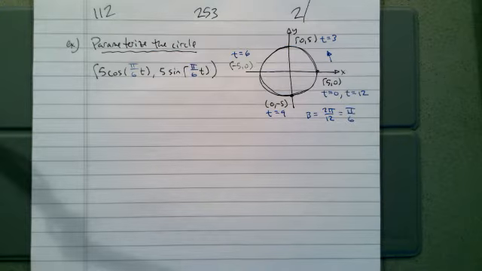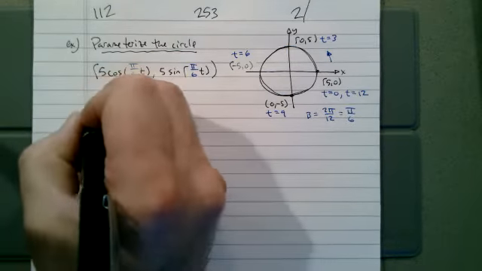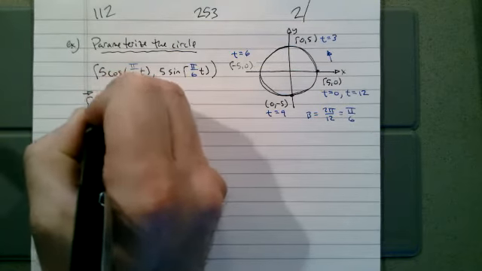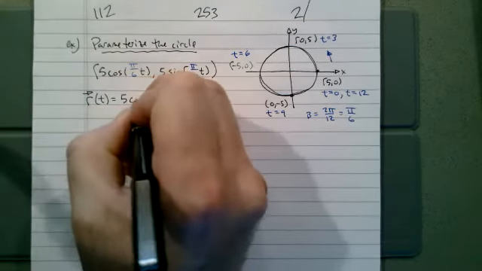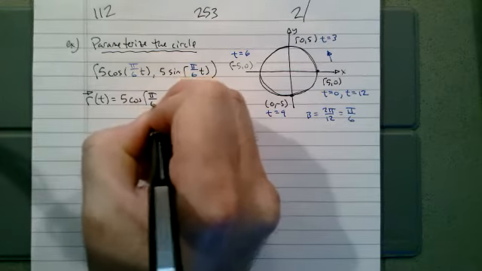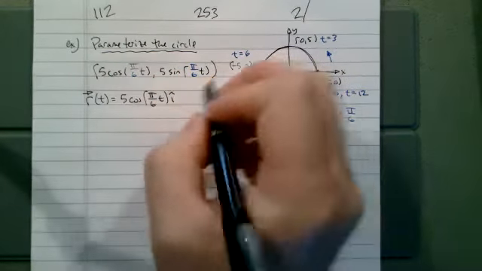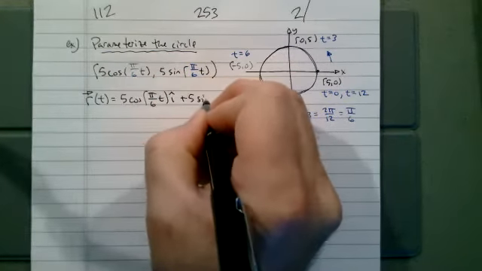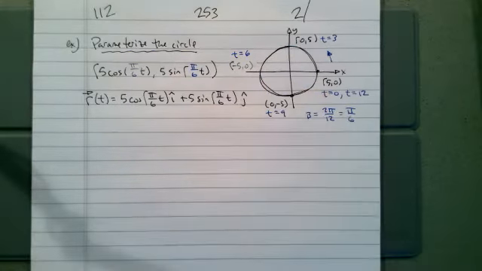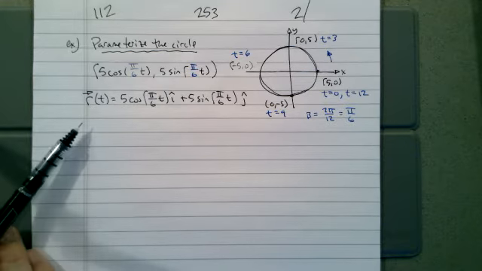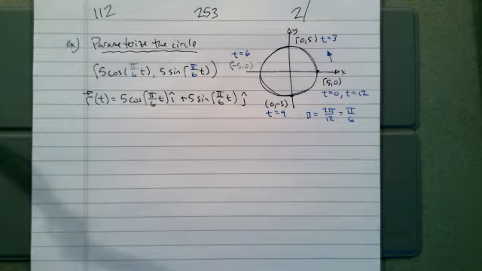We could think of this in terms of a vector. So we can write r of t and make a vector valued function that would be 5 cosine of pi over 6 t times i plus 5 sine of pi over 6 t times j. So evaluating this vector at any point would tell us